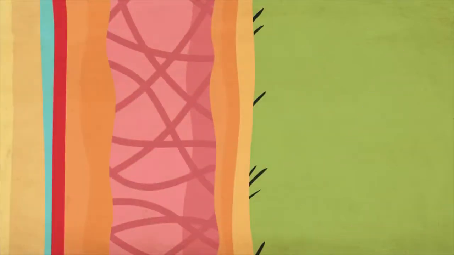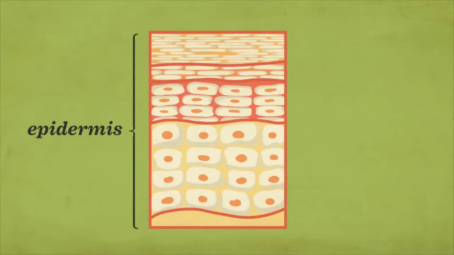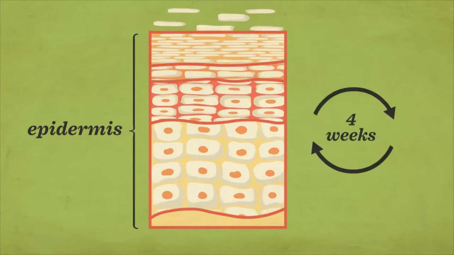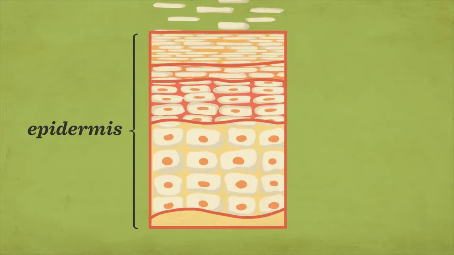Skin effectively seals off your insides and also absorbs pressure and shock with flexible collagen that makes up most of its dermal layer. The epidermis is made up mainly of skin cells called keratinocytes that are completely replaced every 4 weeks. As new cells form at the base of the epidermis, older ones are pushed up. When these cells move upwards, they're filled with a hardened protein called keratin. Once they reach the surface, they form a tightly overlapping, waterproof layer that's difficult for invading microbes to breach.